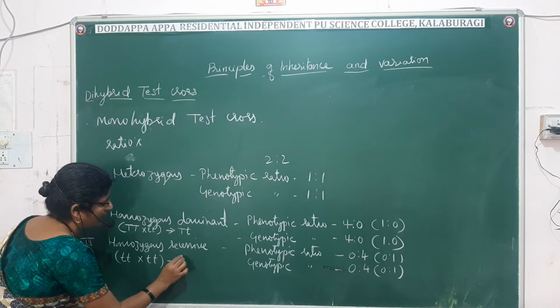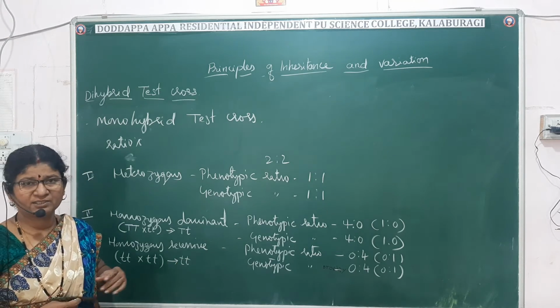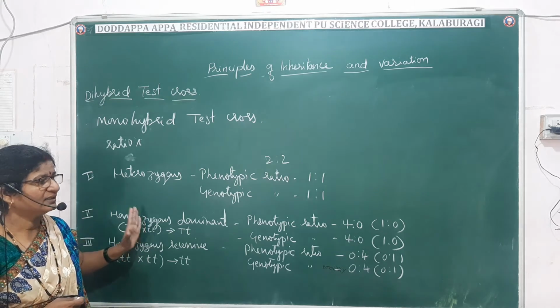What kind will you get? You will get all the recessive parent. So these are the test cross ratios in a monohybrid cross. Fine. Just you have to remember